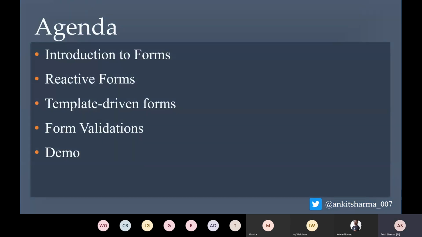So let's go through the agenda of today's session. Today we will be talking about forms. What are forms? What are different kinds of forms? So in this,